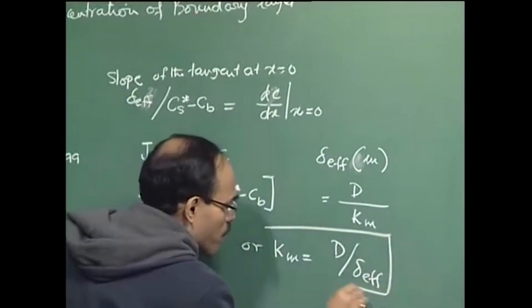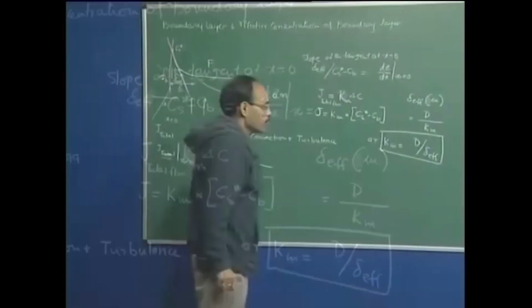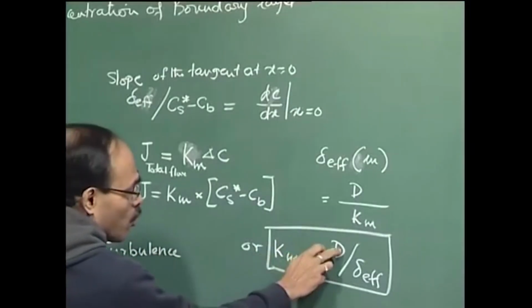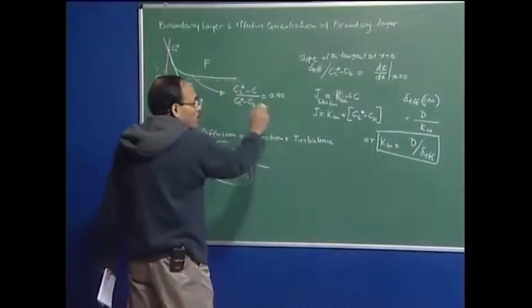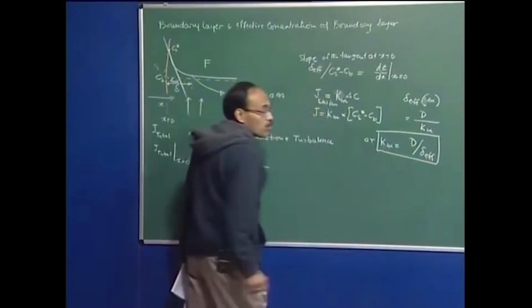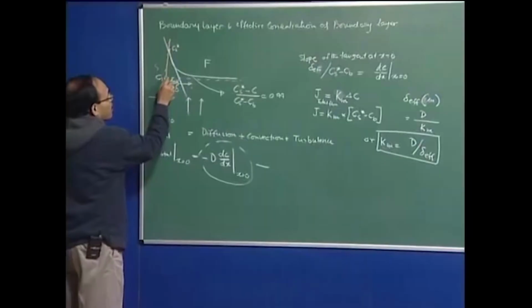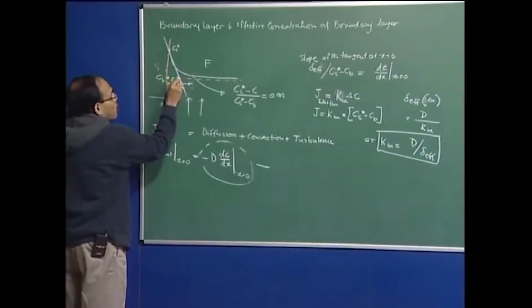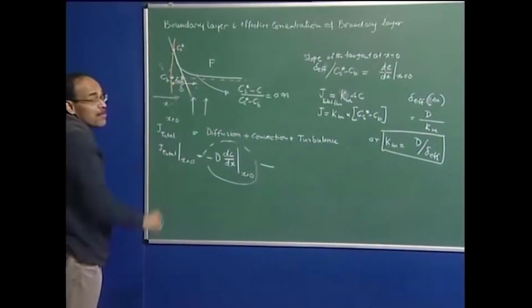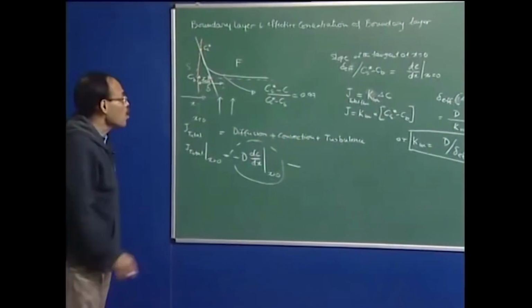So, as you can see, the mass transport coefficient, when you talk about mass transport between a solid and a fluid, is directly proportional to D and inversely proportional to delta effective. That means delta effective is this distance. Therefore, as this distance becomes less and less, the mass transport coefficient becomes more and more,